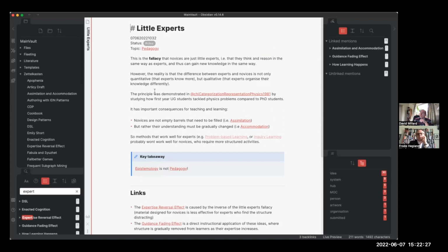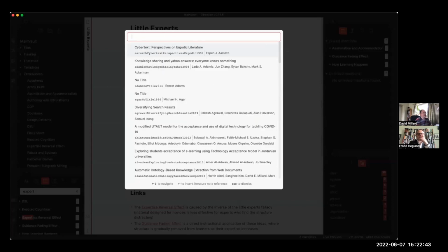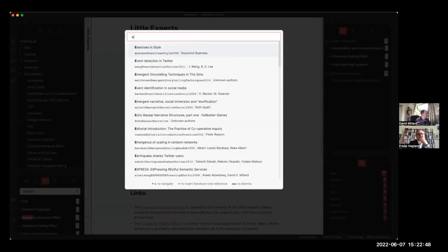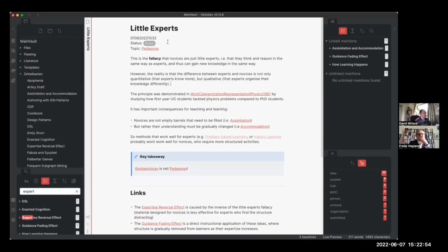I use Zotero. I can bring in stuff automatically from Zotero. So this is a paper that's in Zotero. So I can reference that if I hang on a second, if I do insert literature link, basically it lets me go through everything in my Zotero library. So if I look up something, I can see what's there. And if I click on one of these, it will then create a link and it will create a page